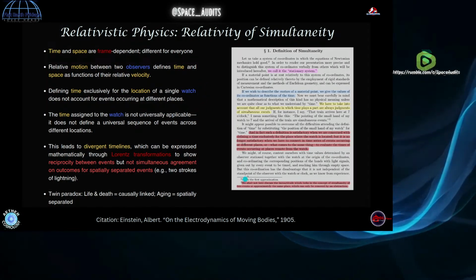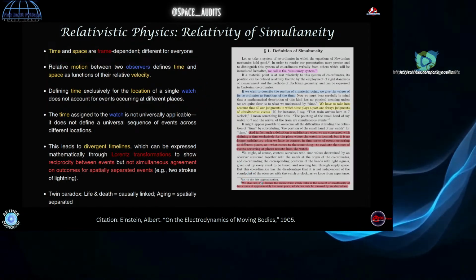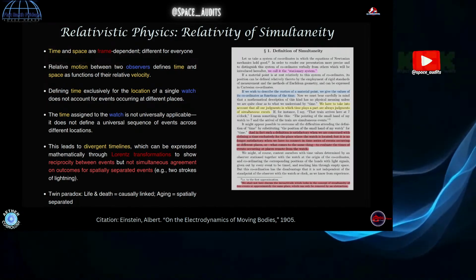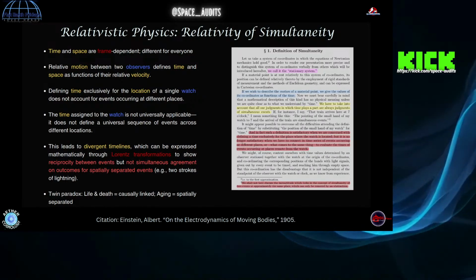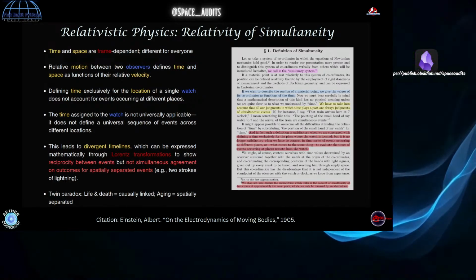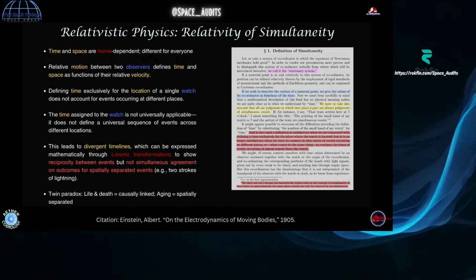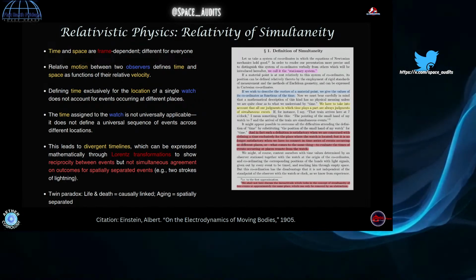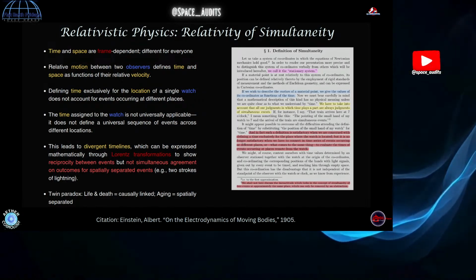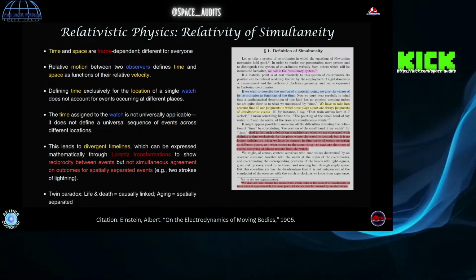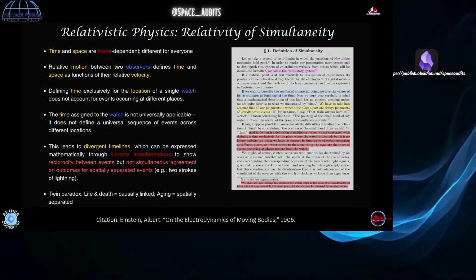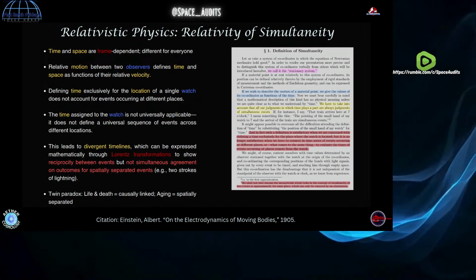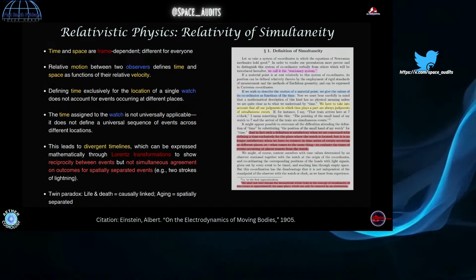So what I mean by reciprocity, before I move on, is that you have to be able to show that in one frame, due to the frame equivalence, when you make a frame stationary, because there's no actual rest, as they say, you have to show that the effects in the frame that's in motion are shown in the frame that you're using as stationary in the analysis. So they always want to use the scenario of the Hafele-Keating experiment, for example, where they took atomic clocks around the world in planes. So they're moving at a uniform, constant velocity. They're in the plane. They come around. The clocks are desynchronized, and they're like, "Look, time dilation."